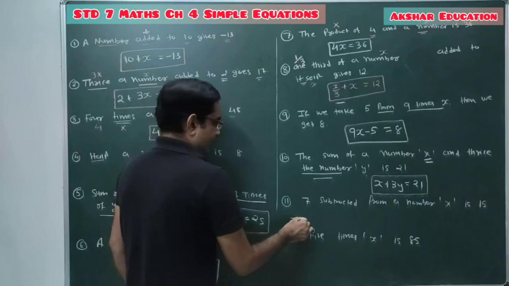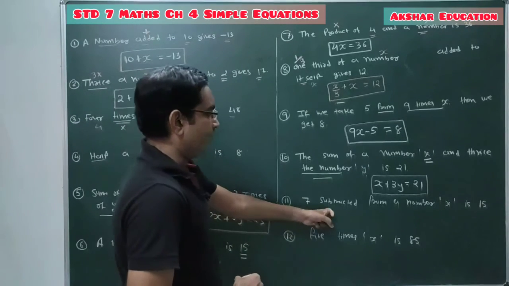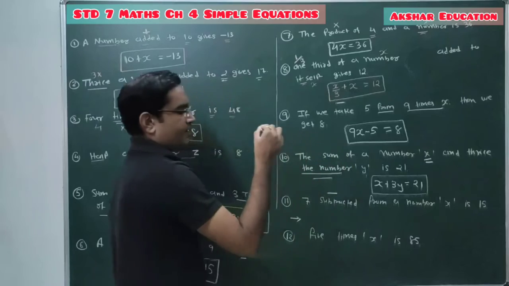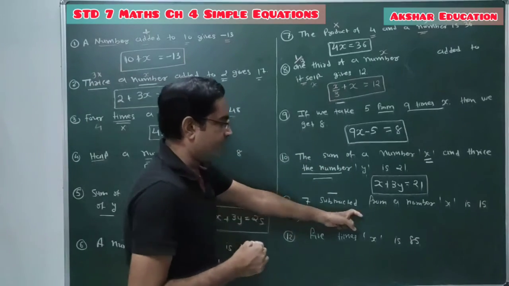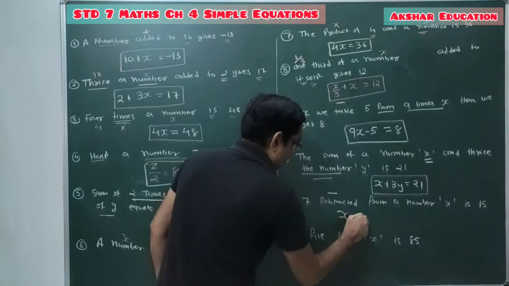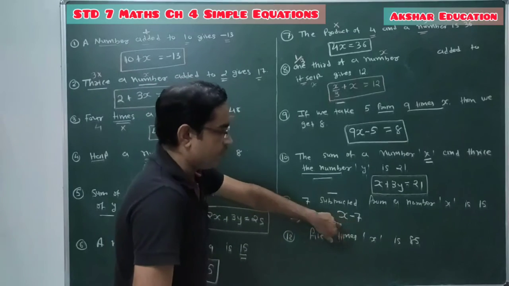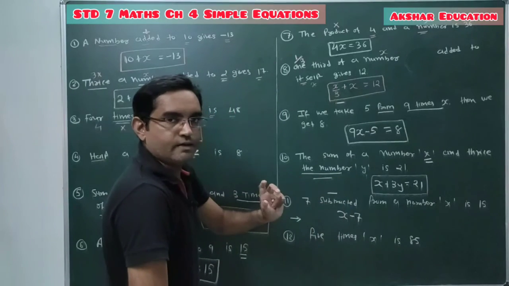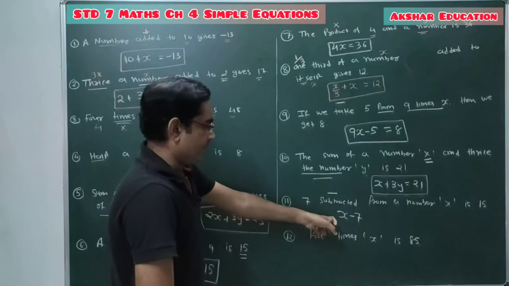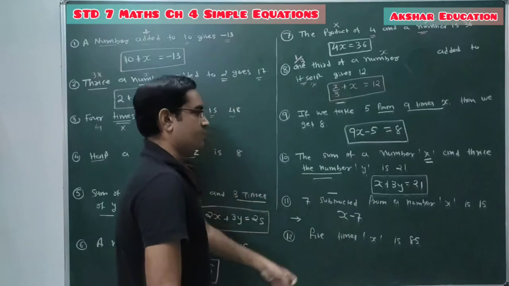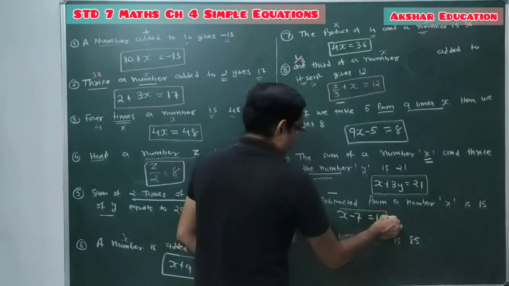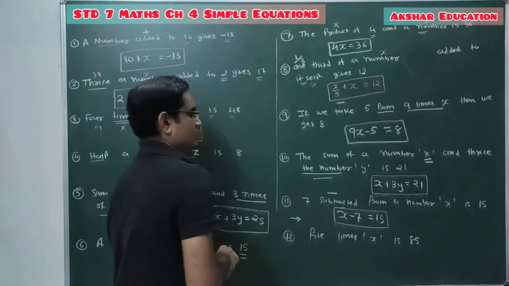चलो बच्चों अभी देखते हैं क्वेश्चन नंबर 11. 7 subtracted from a number x. सब्ट्रैक्टेड मतलब सब्ट्रैक्ट करना, माइनस करना. We have to subtract 7 from x. So it's x minus 7. 7 is subtracted from x है ना. तो x को आगे लिखना है, 7 को पीछे लिखना है. 7 minus x नहीं लिखना है ना. कुछ बच्चे लिखते हैं 7 minus x, तो ऐसा नहीं होता है. So it's 7 subtracted from x. It's x minus 7 equal to 15.